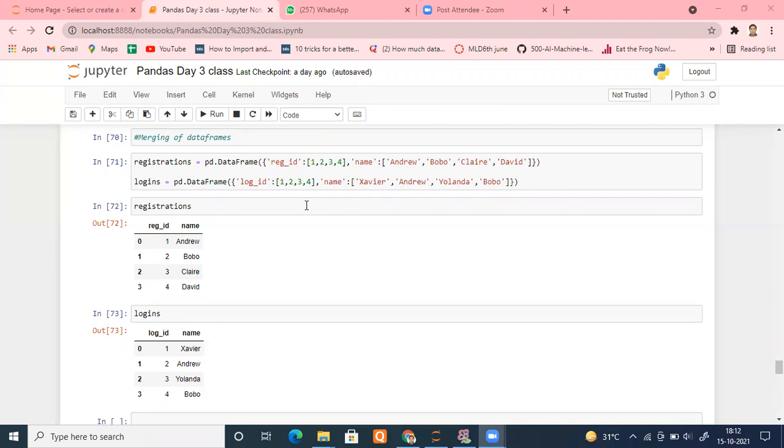Concatenation we have already covered, just gluing the tables together either horizontally or vertically. Now another operation is known as joining. How do we join? For that, we have a function in pandas known as pd.merge.